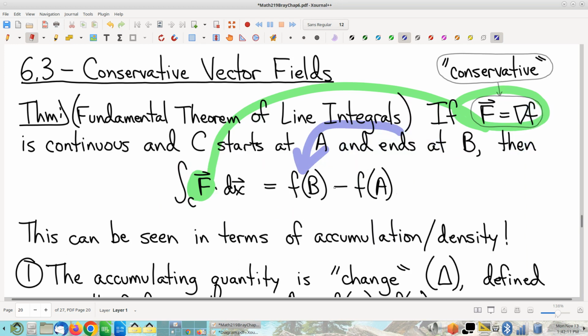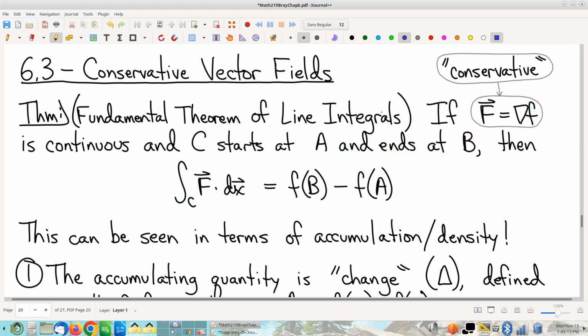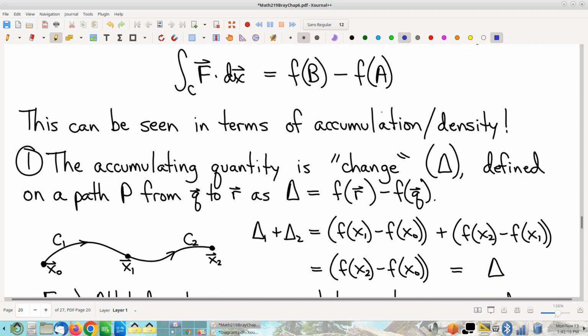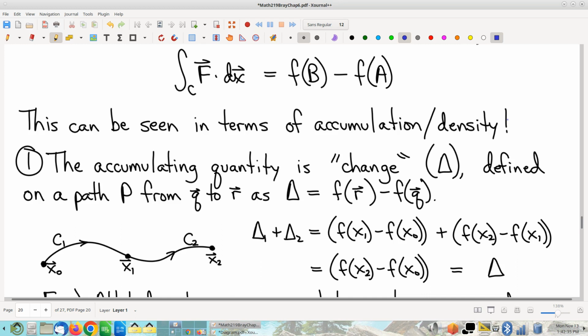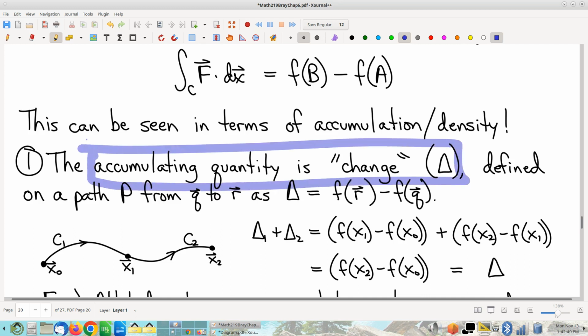All right, now let's talk about where this comes from, and there's different points of view that you can take. Y'all probably can guess I'm going to take an accumulation and density point of view, because I like how all of these sort of analogous theorems can all be understood from the same point of view, which I think is nice, kind of unifying. So here we go. In this theorem, there is an accumulating quantity, again, change, just like with the fundamental theorem of calculus. So what do I mean by change here? What I mean is